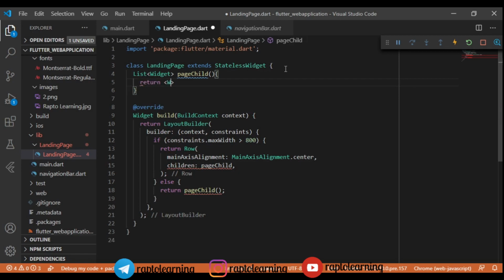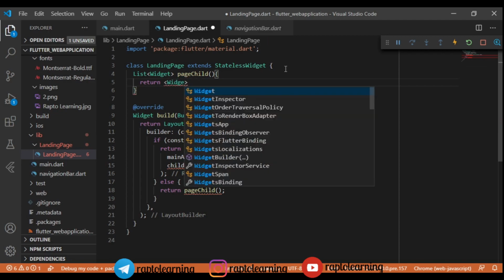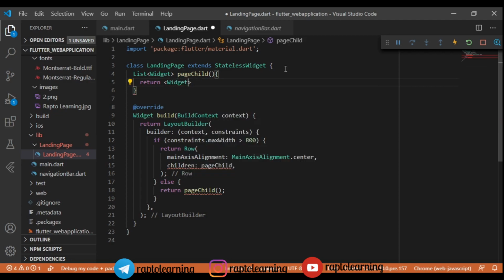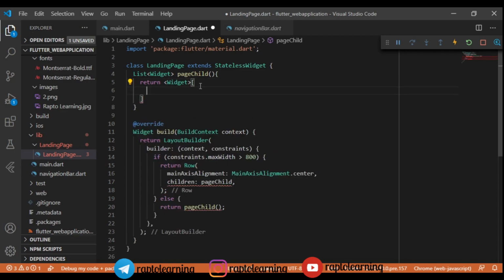So we have implemented a list, and in this list we have to return widgets. So we will return widgets here, and we will add elements to this list. For this we just have to enter the elements into the square brackets, right?